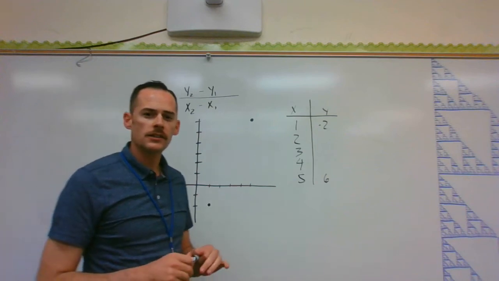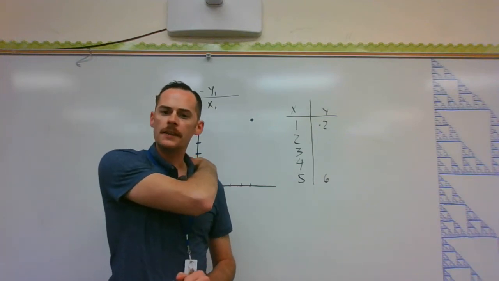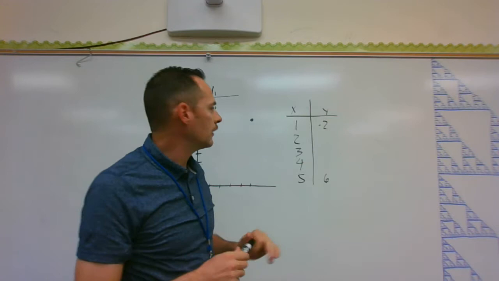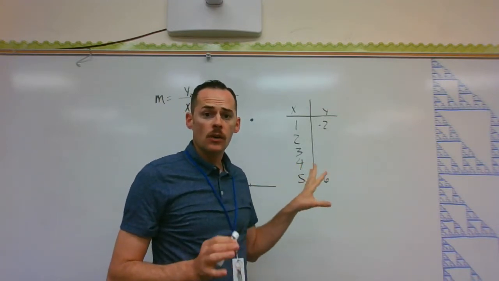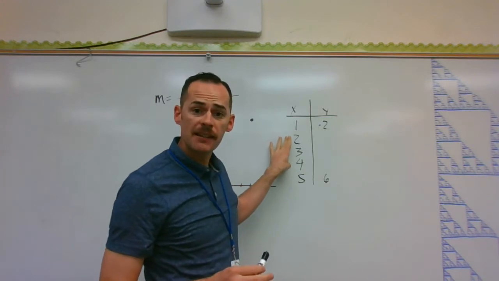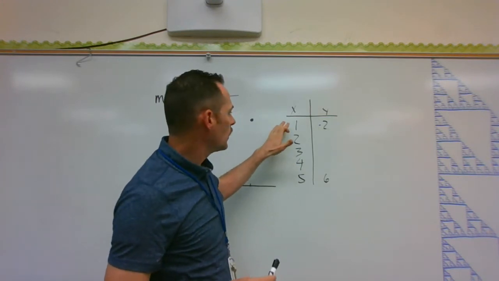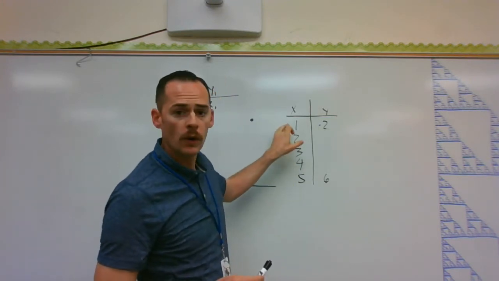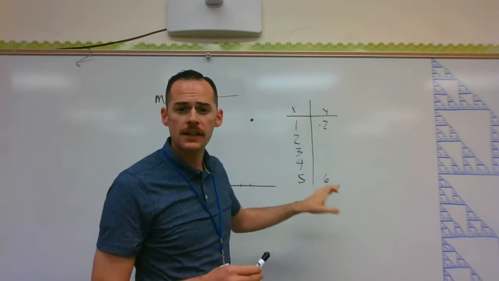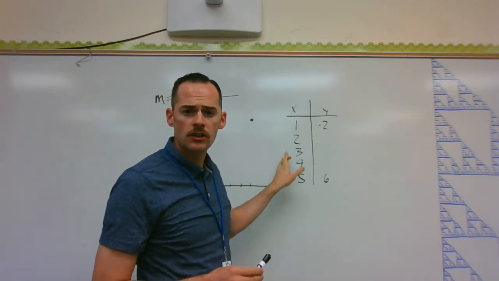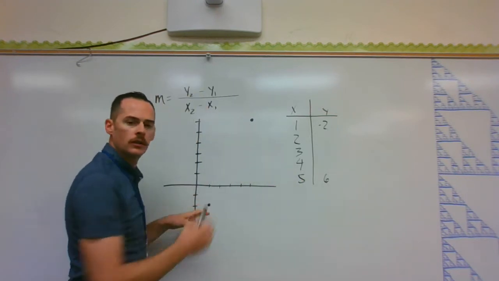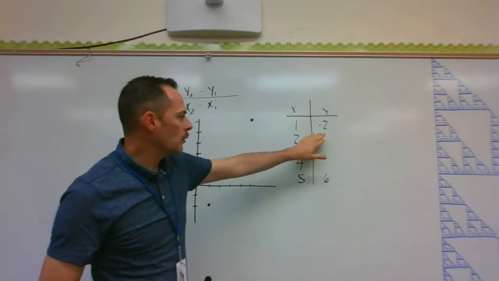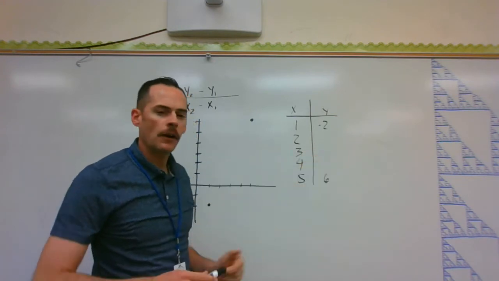Okay, so what we have here is we're going off the same idea that we have a sequence, or maybe we don't. I just want to use this as an example where we have 2 points. We have one at (1, -2), one at (5, 6), but we don't know the information in between here. Okay, so I can chart those 2 points, but without this information in here,